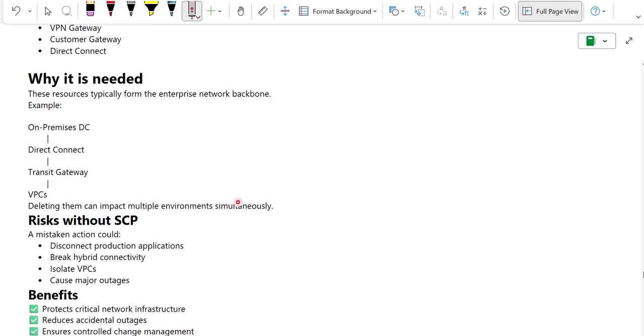And why is it needed? These resources typically form the enterprise network backbone: on-premises DC, Direct Connect, transit gateway, VPC. Deleting them can impact multiple environments simultaneously. It will lead to a larger production